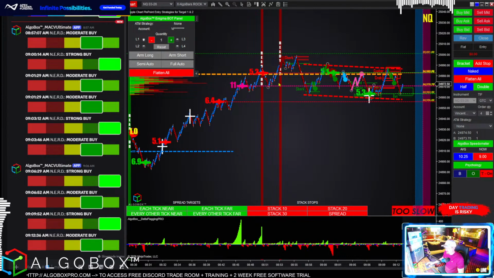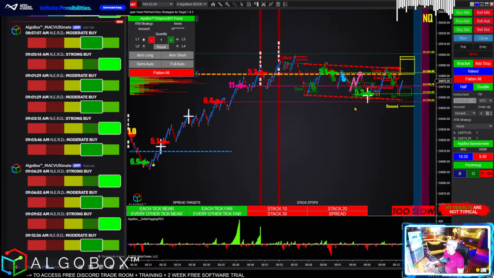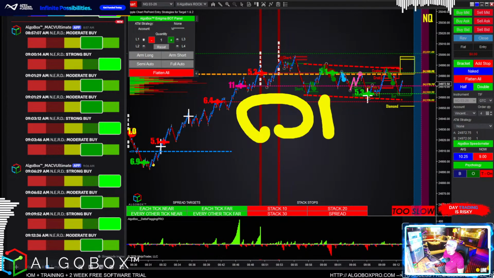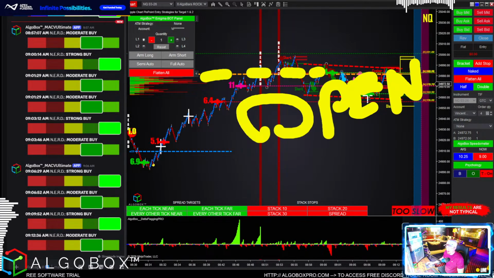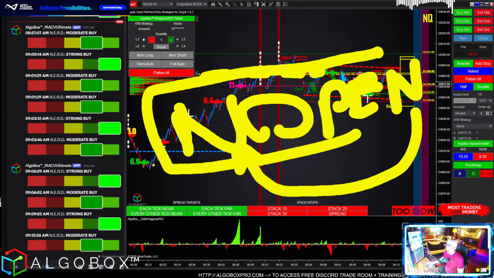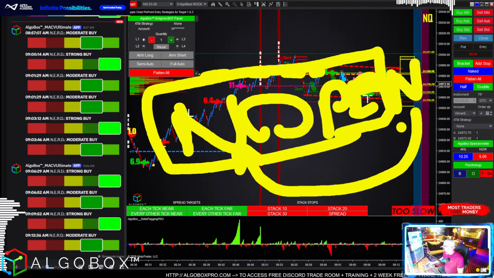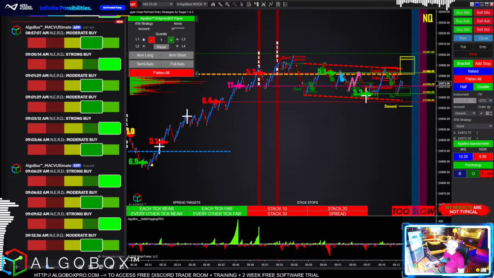The market is coiling up here around the overnight open, and that is the nopen line for me. The nope. Take open and put an N at the beginning. So the dashed line there is the open. I'm going to take that N and stick it over here, and that spells nope. So that's one of the things I like to remember, to remind me, hey, this is not the greatest place to play around that open line.